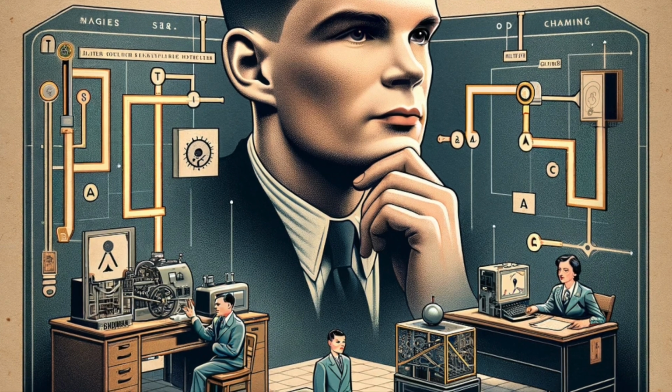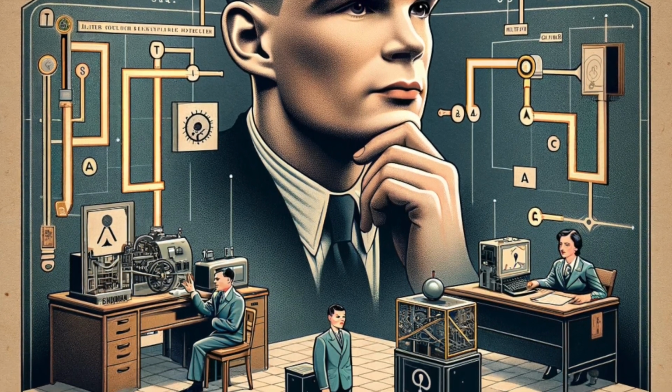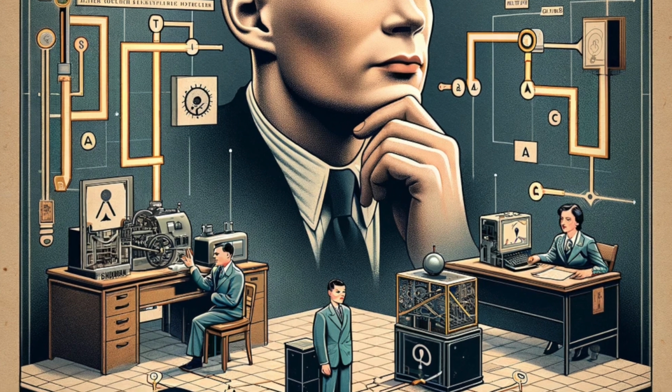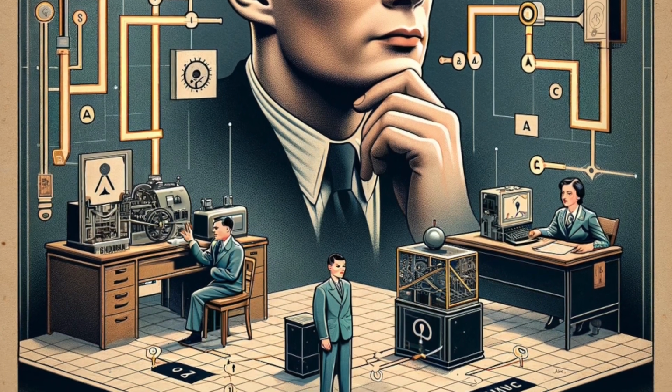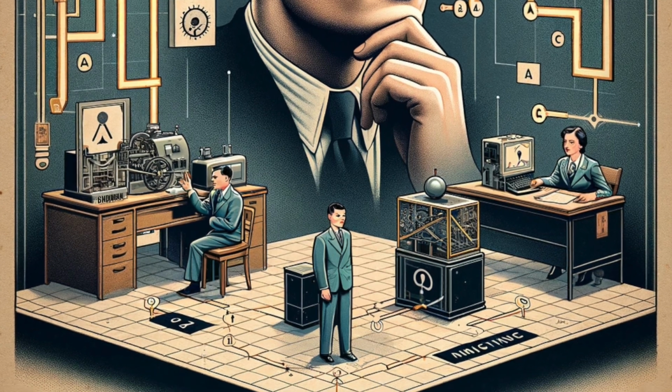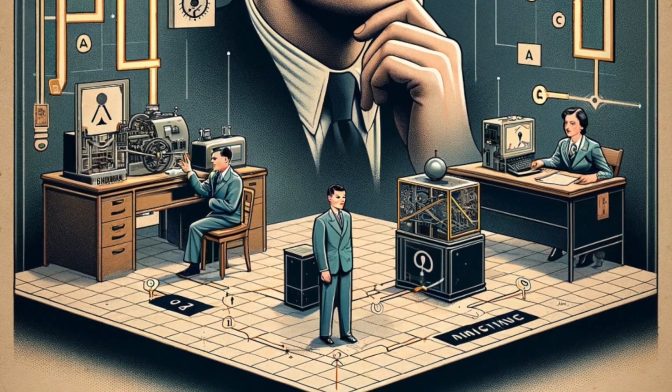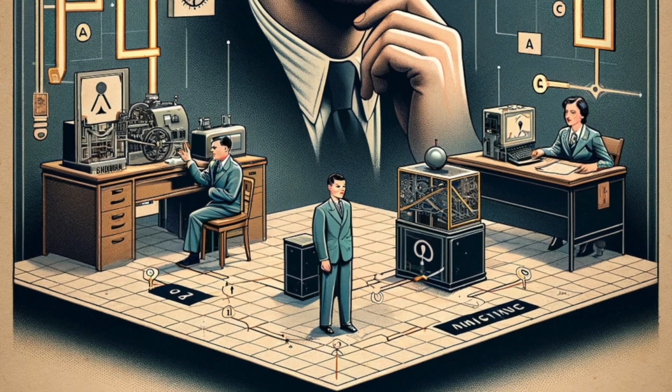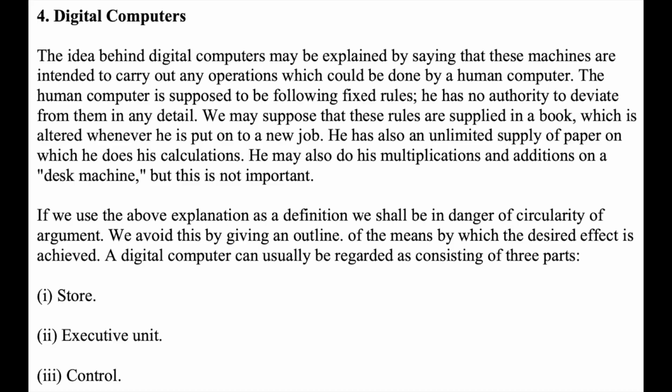He discusses the nature of the problem and the criteria that distinguish between physical and intellectual capacities in humans and machines. He argues that the focus should not be on making machines resemble humans physically, for example in terms of skin texture, but rather on their intellectual capabilities. He then elaborates on the types of machines considered for the game, focusing on digital computers. These computers are designed to carry out operations following fixed rules, much like a human computer would do.